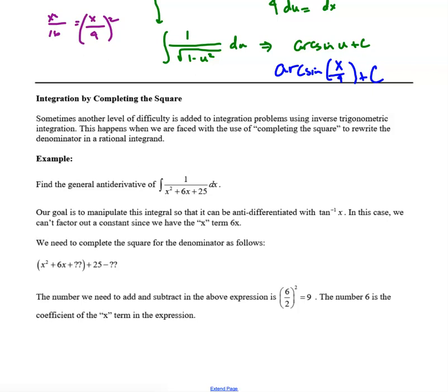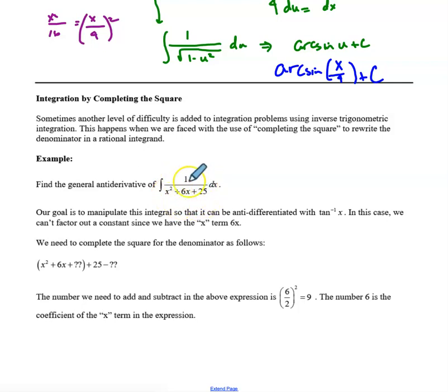All right, now we are going to increase the level of difficulty in working with inverse trig function integration by involving the process of completing the square, which you learned back in Algebra 2 when solving a quadratic or putting a quadratic in vertex form, or even if you studied conics, putting conics into vertex form. So basically, if I want to find the general antiderivative of 1 divided by x squared plus 6x plus 25,